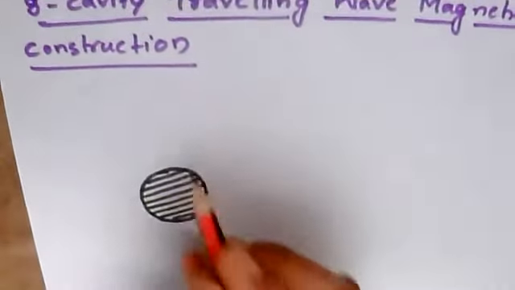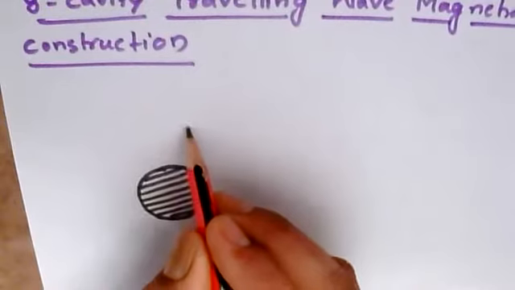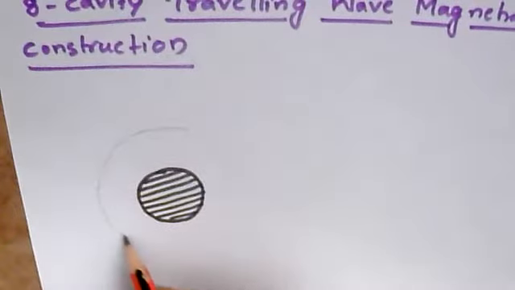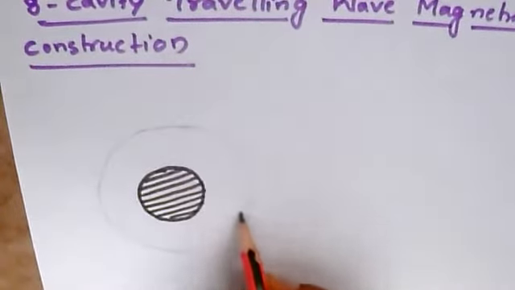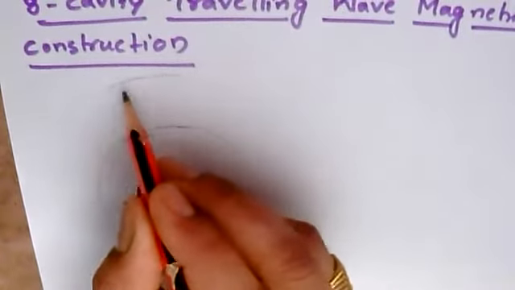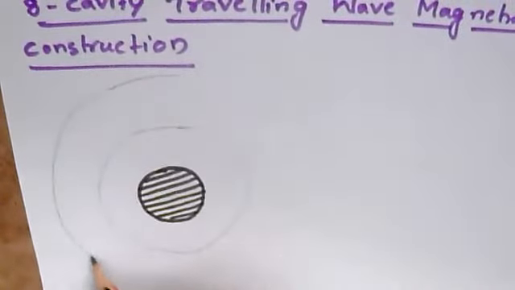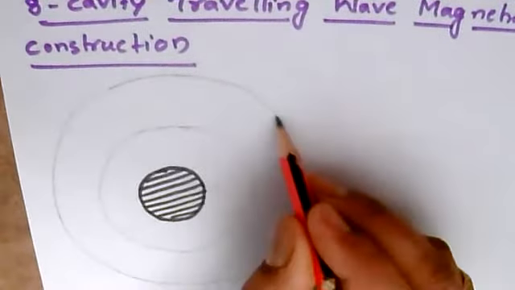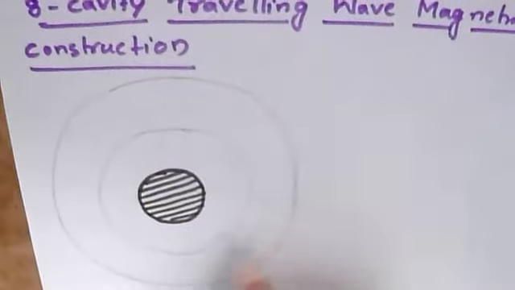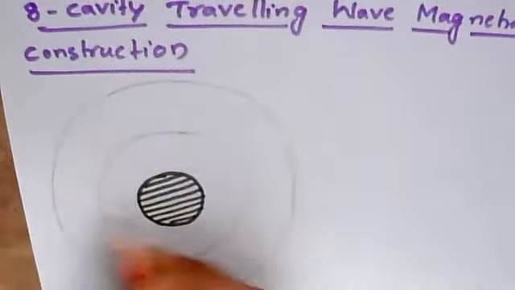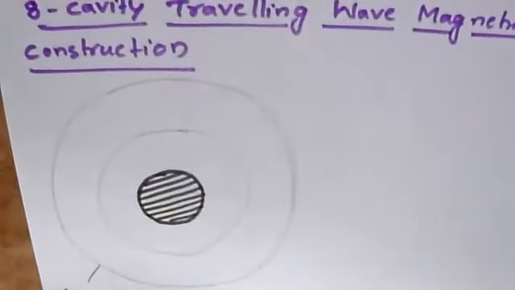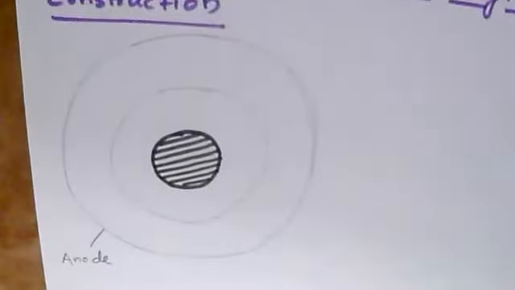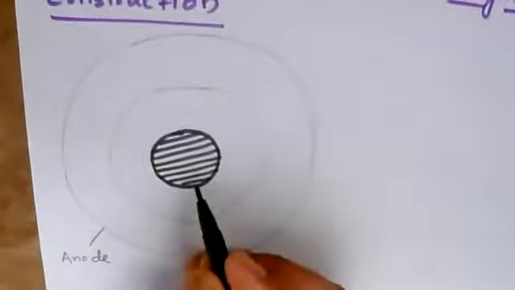Now, it also has an anode. So the anode, I'm just drawing with a pencil. Later on, a small modification is required, so I am drawing with a pencil. So this is the anode. You might be seeing this particular structure, and this penciled structure will be called the anode. So this is the anode structure. This is the anode, and this is the cathode, and I'll be writing the names of it later on.